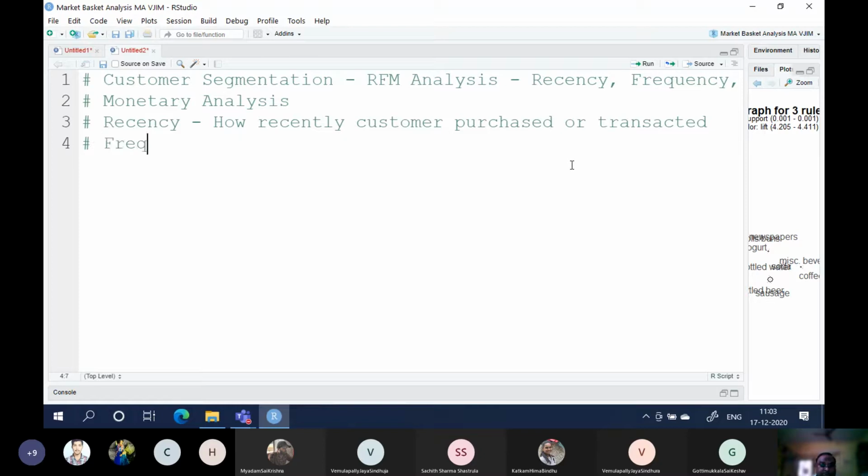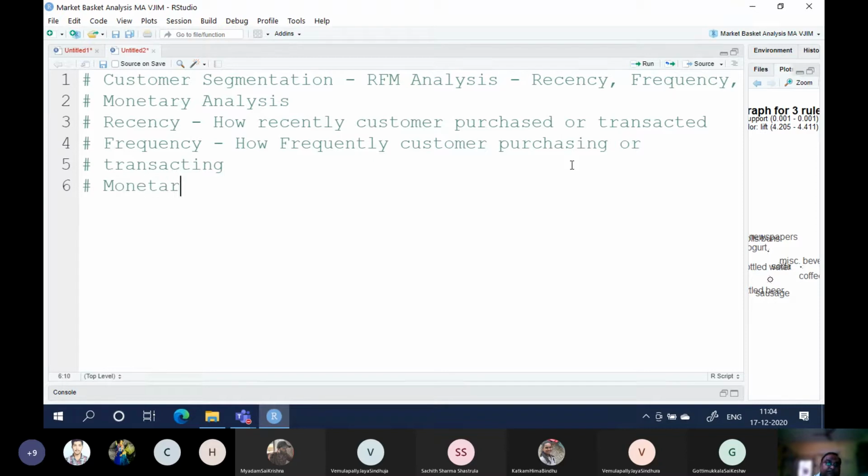Frequency is how frequently the customer is purchasing or transacting.